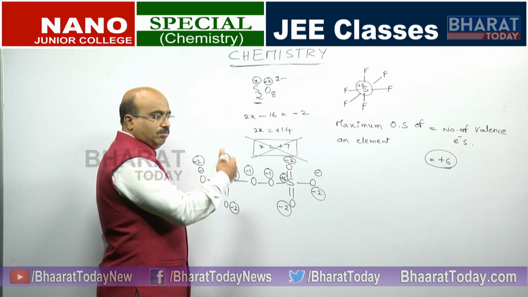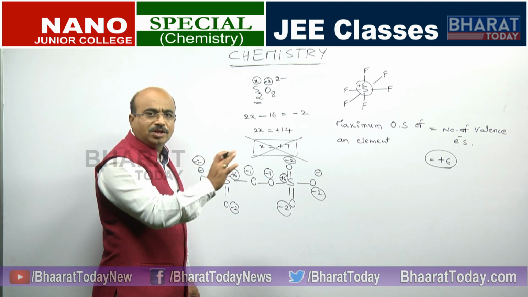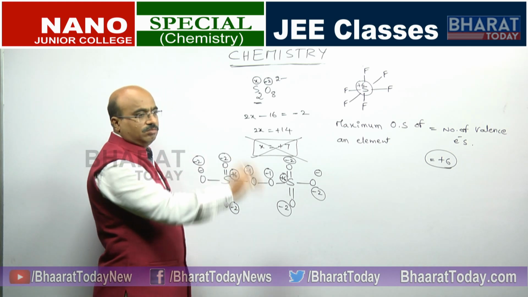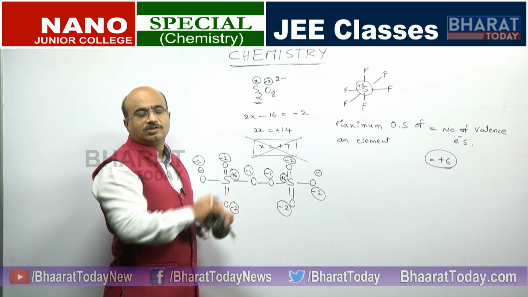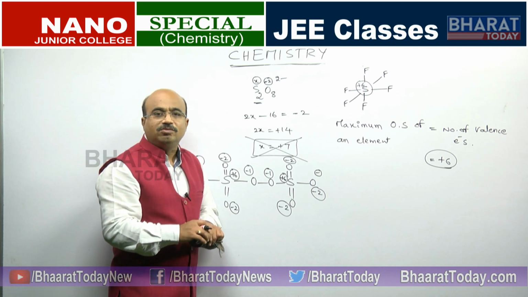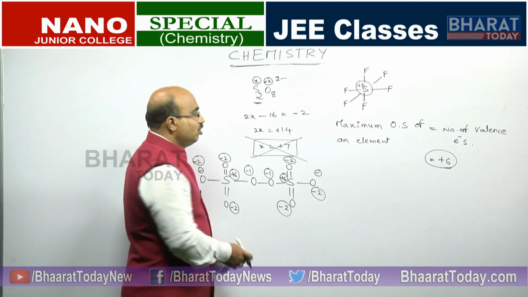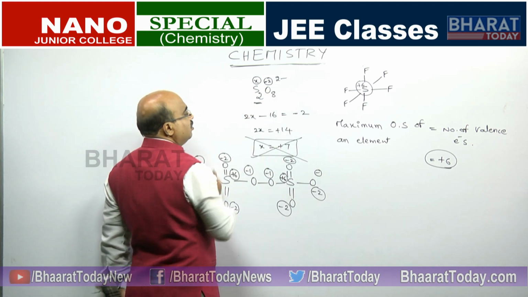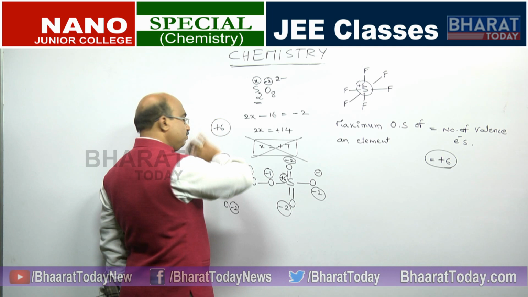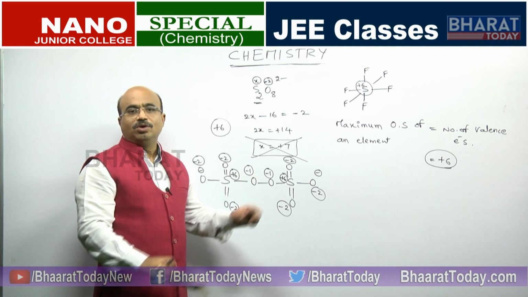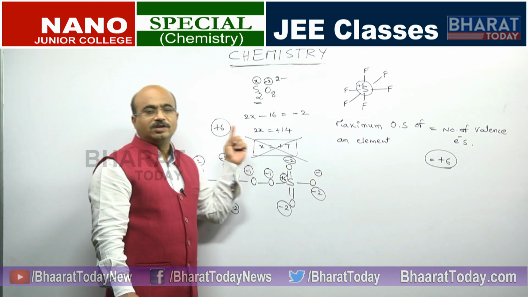So, you can write the maximum charge directly. When you get more than 7, more than 6, or 7, anything you are getting, bring it to +6 and write +6 and leave it. No need to write even the structures, but we are writing the structures for you to understand how you get +6. So, if the oxidation state of sulfur is asked in this, we get +7, but we will write it as +6, that is it, without even going into the structure, because it cannot be more than 6. Write 6 and leave it.